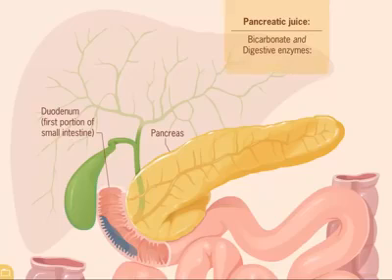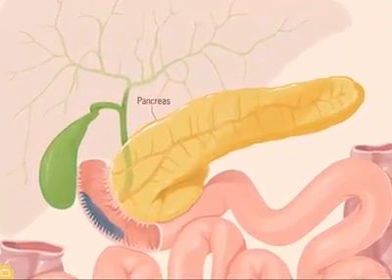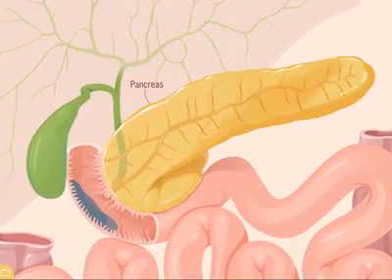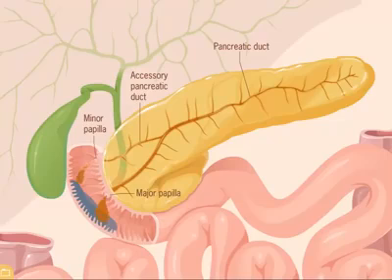The major digestive enzymes are amylase, which digests carbohydrates, lipase, which digests fats, and protease, which digests proteins. When pancreatic cells release the juice, it flows through tiny pancreatic ducts, which lead to the main pancreatic and accessory pancreatic ducts. Then the juice is released into the duodenum through the major and minor papillae, where it mixes with